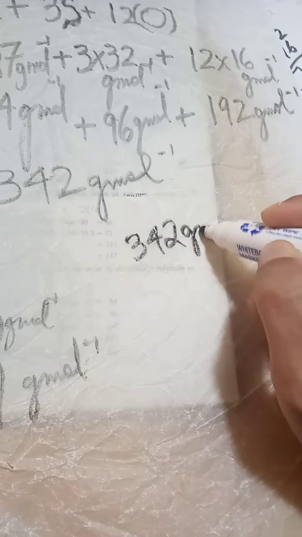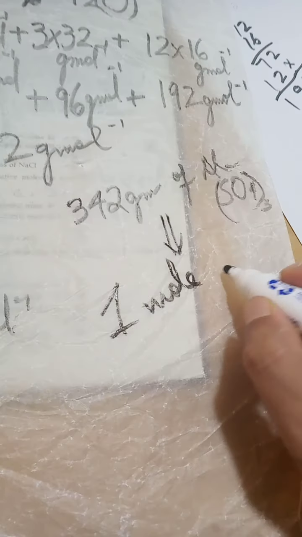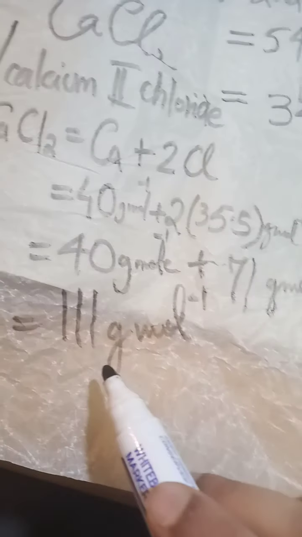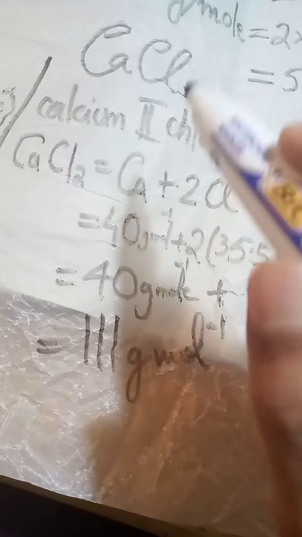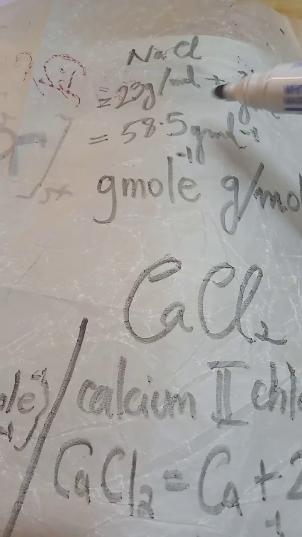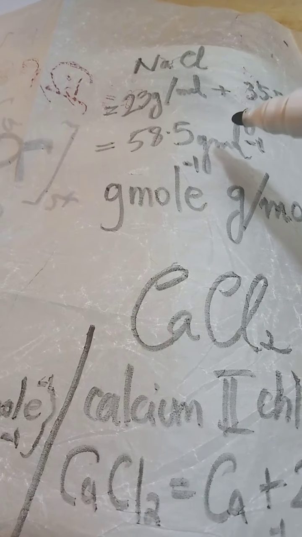342 grams of aluminium sulfate would constitute 1 mole of aluminium sulfate. So 111 grams of calcium chloride would constitute 1 mole of calcium chloride. 58.5 grams of sodium chloride would constitute 1 mole of sodium chloride, hence the word mole. Now we move over to